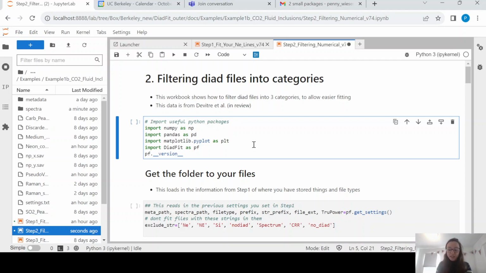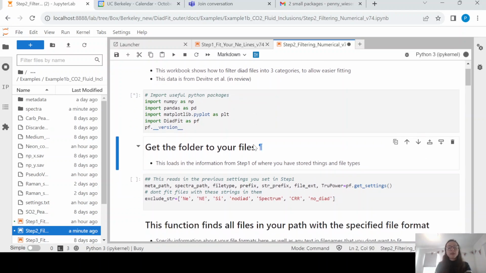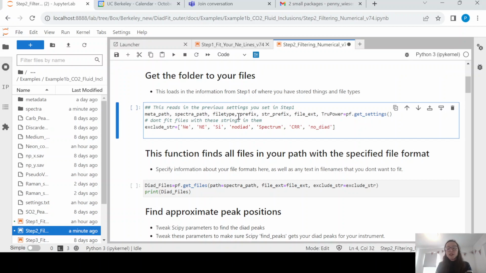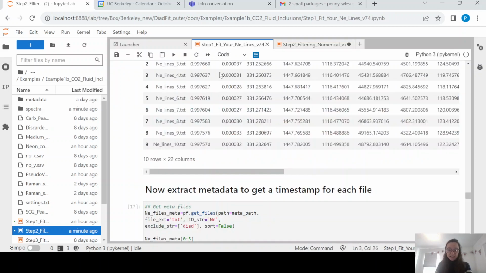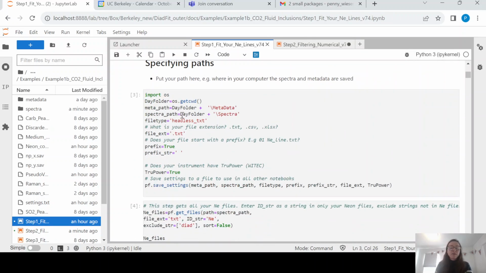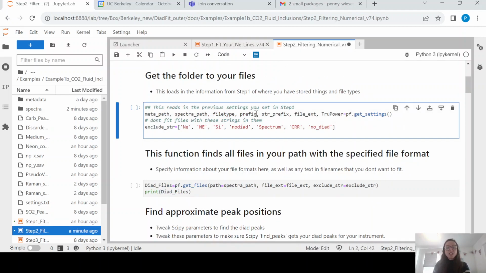bubbles or fluid inclusions. So as normal, we're going to import all of our Python packages. And now we are going to load in our information that we saved in step 1. If you remember at the top of step 1, we saved a ton of information, like what folder our metadata is in, what folder our Spectra is in, and what file types we're dealing with. So we're going to load them in here, and then the final thing you're going to want to do is